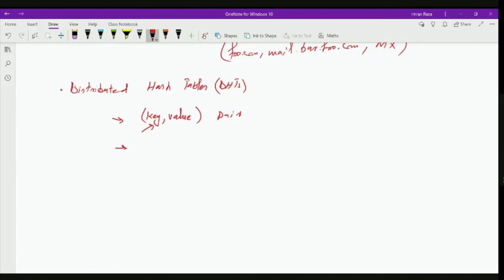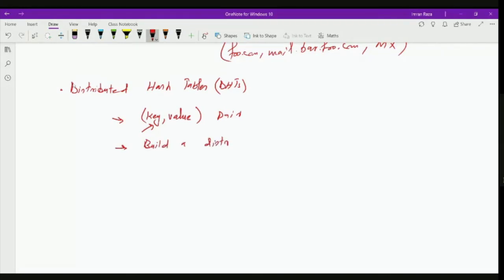There will be more burden on a single server containing all these records. So what we want to do is build a distributed peer-to-peer version of such a database, right? A simple implementation is possible where we store all these pairs on a single server. But what we want to build is a